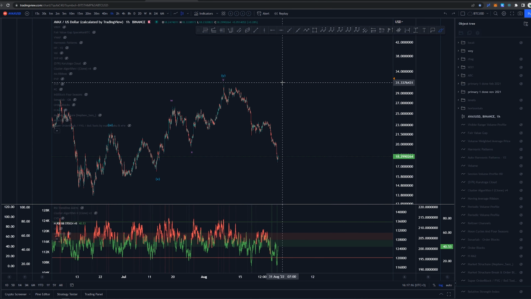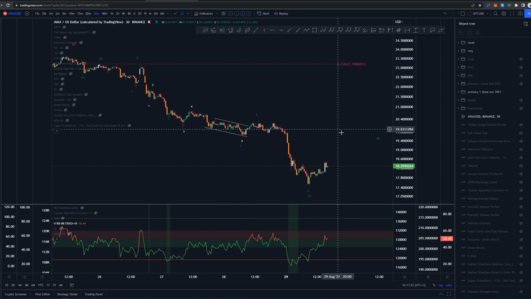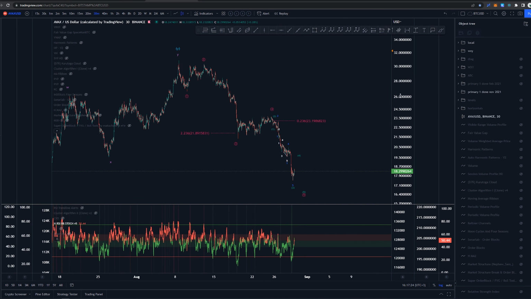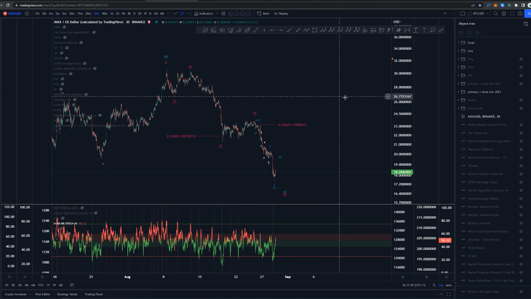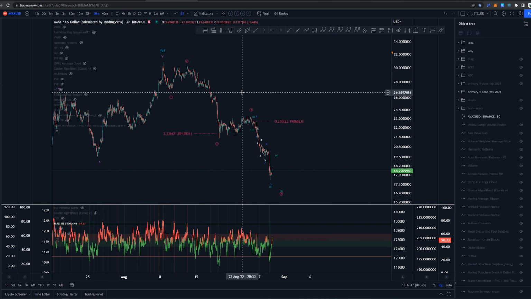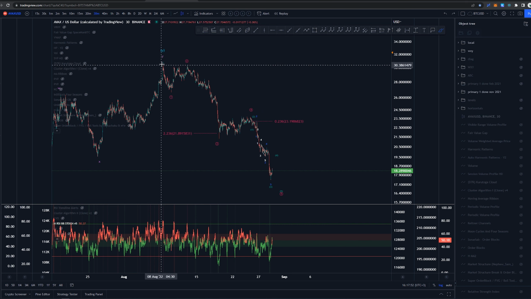Since the highs that we put in place, I've had this scenario being tracked here. Now, the way I track any altcoin is basically through Ethereum and Bitcoin. First, I need to be charting those both, and if they are having some kind of structure that could be transferred over to altcoins and having a similar look, only then I would be looking into shorting or longing altcoins. At the moment, this is the case for sure on many altcoins. So for example, Avalanche is today's topic, so I want to show you how I've labeled this.